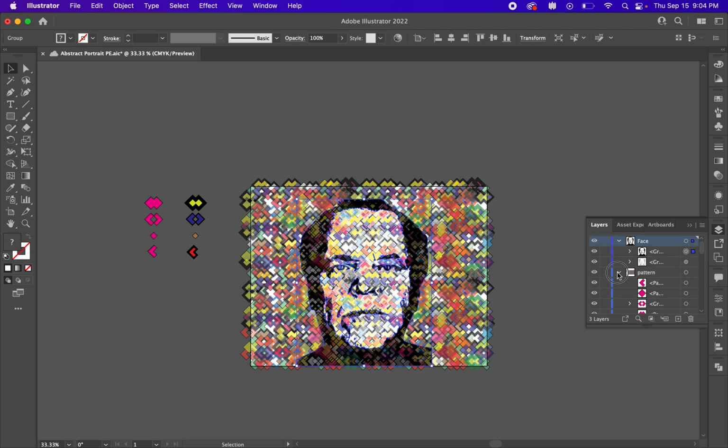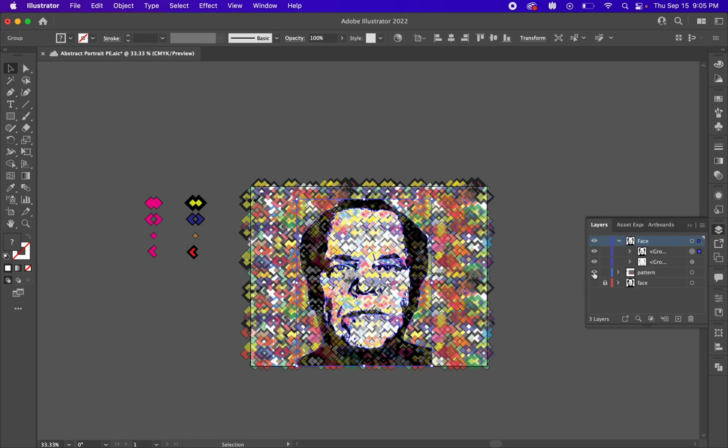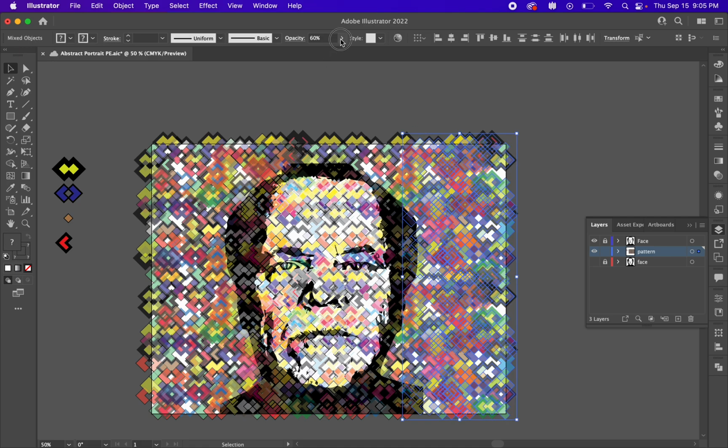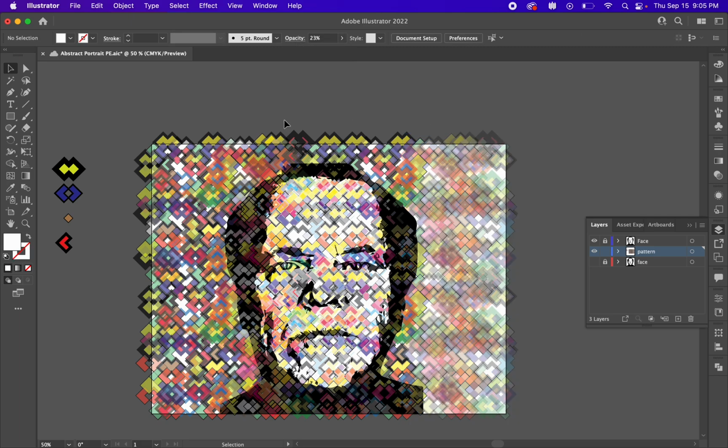And now, if I drop down this pattern window, I can remove them, and notice the faces are on their own layer. From here, I can lock this layer so that I cannot select it. And then carefully, I'm going to begin lowering the opacity for some of these shapes. I'm going to go down to about 20%, 25%, and I'm going to work my way around my